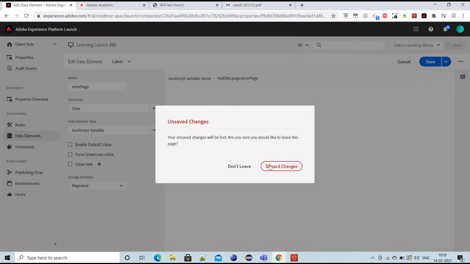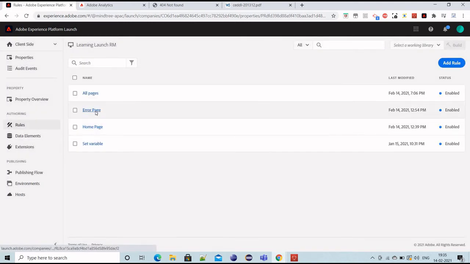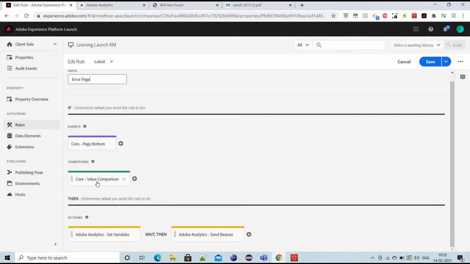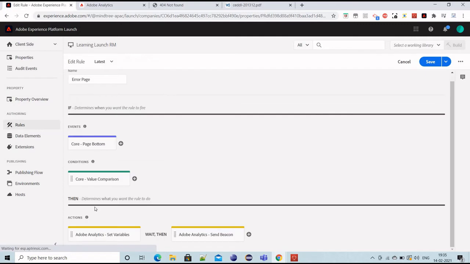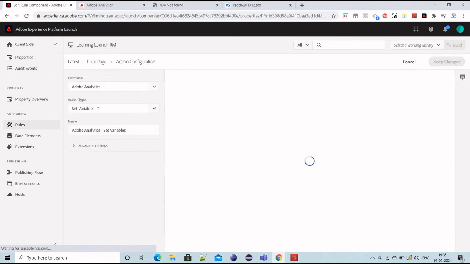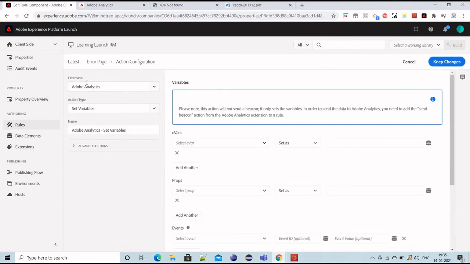Now coming back to rules. This is my rule. So far we have covered the condition: if the error page is 404 page, then first I'm setting the variable and then I'm sending the beacon. Setting the variable, this time the extension will be Adobe Analytics, and the action type is set variables.